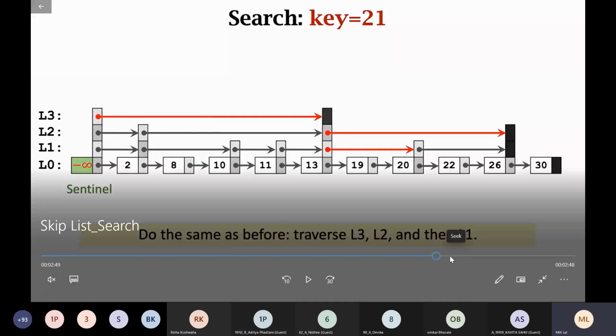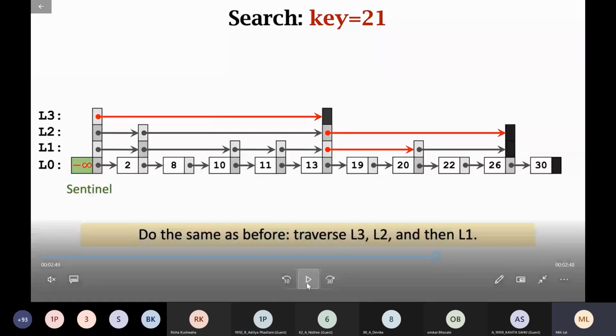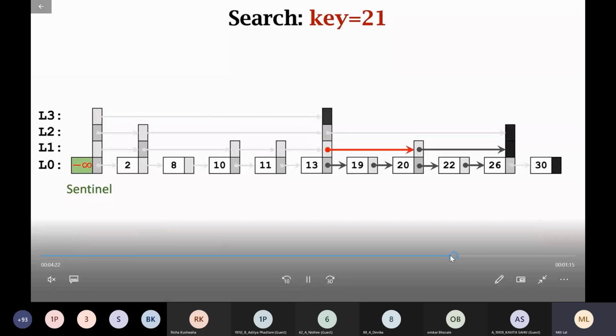21 is not there, so what will come here? You do the traversal in the same way. You go to all the nodes. But what happens is, since 21 is not found, what is the message you're going to get? After 20, it is 26.